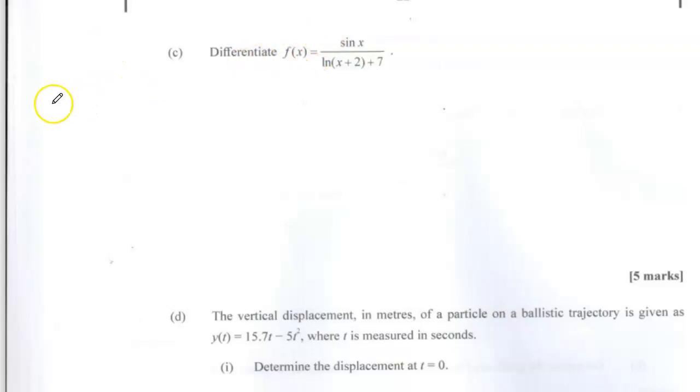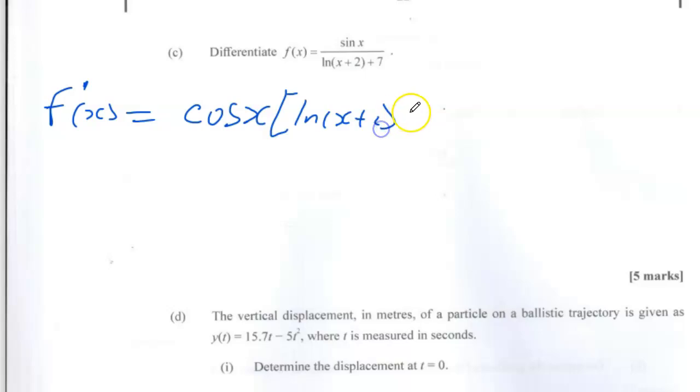Differentiate. So we can say dy by dx, or we could say f prime x represents a derivative. So this, of course, would be the quotient rule. So quotient rule, when you have a quotient, function over a function, differentiate the numerator first. So differentiate the numerator sin x, we get cos x, and we times it by the denominator, which is ln x plus 2 plus 7,